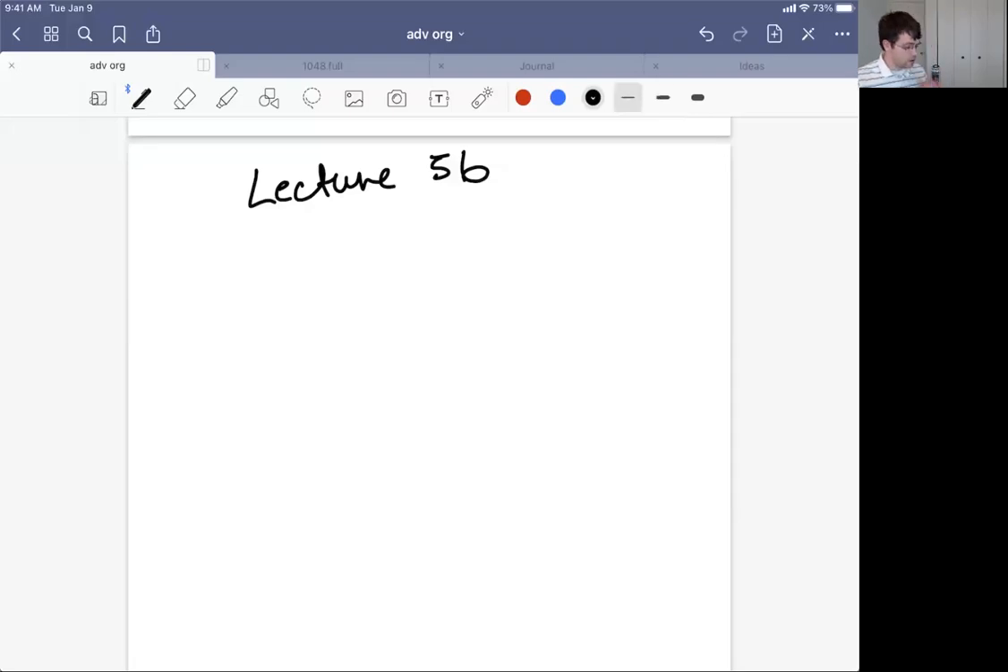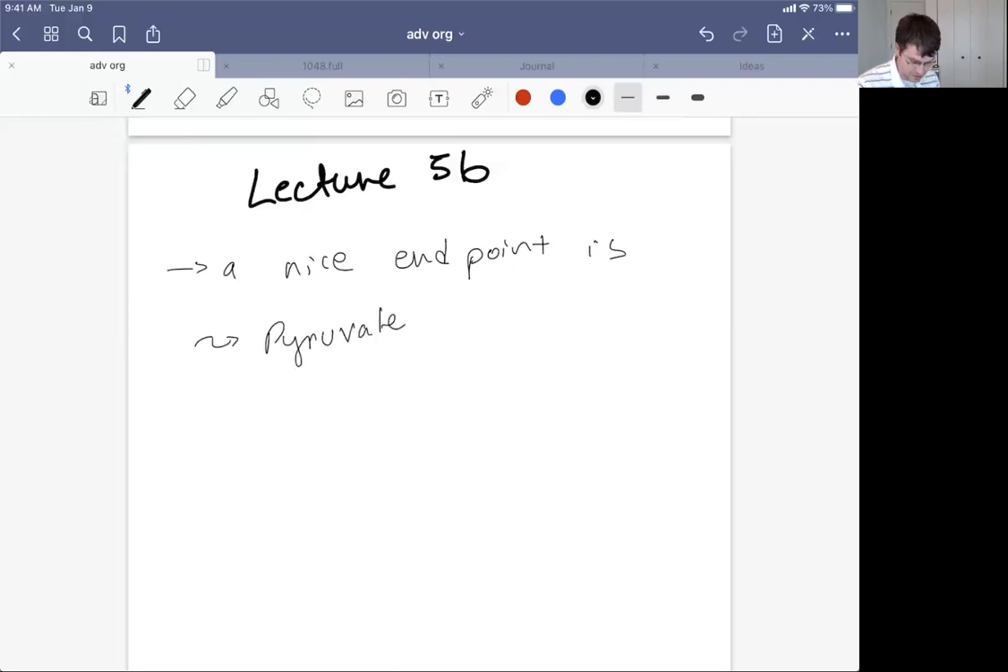Okay, having looked at the various reactions of PLP, now let's look at how we break down some particular amino acids. What I want us to recognize first of all is that a nice endpoint is pyruvate. If we think about where we want to break these down to, let's get to some things that are useful for other processes. So we have pyruvate,